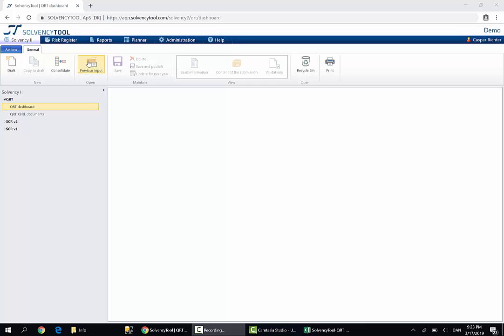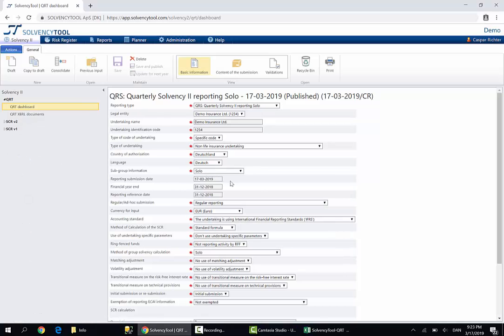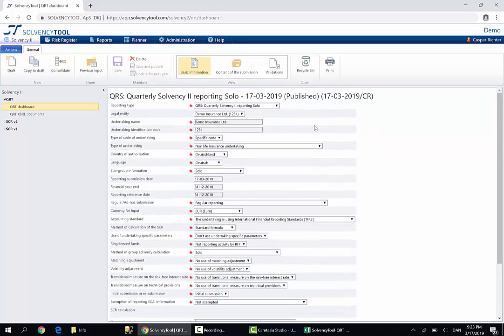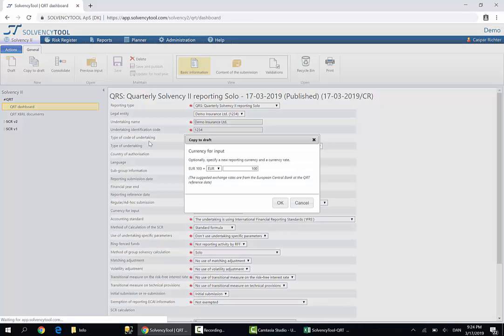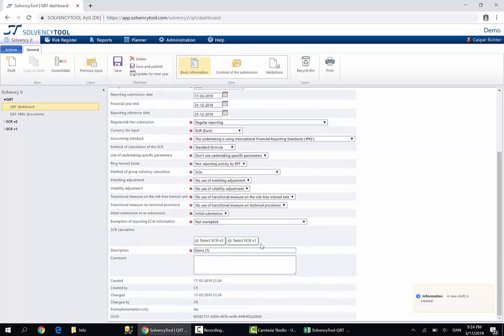Initially, I will go here in the SolvencyTool module under the QRT dashboard to previous input and open my proper package. In this case, I only have one, which is the demo package. I would create a copy as this one has been published. This means that it's not open for any sort of edits, so I will make a copy to a new draft,